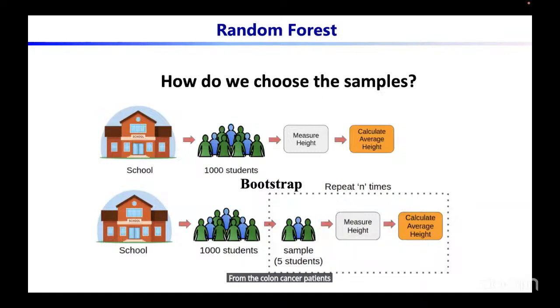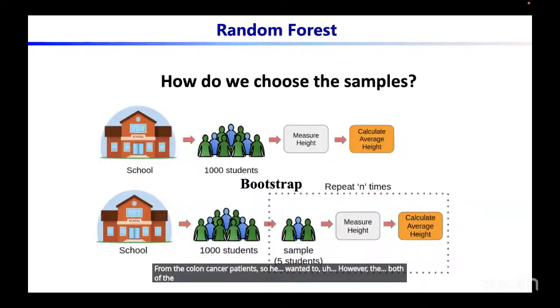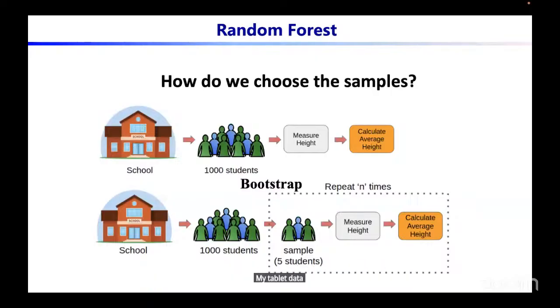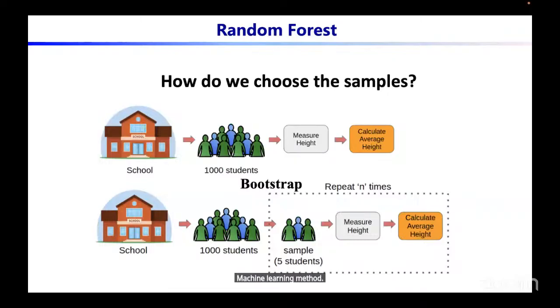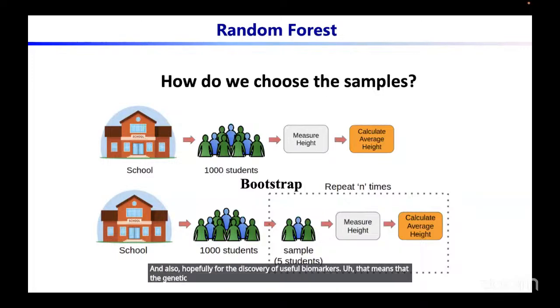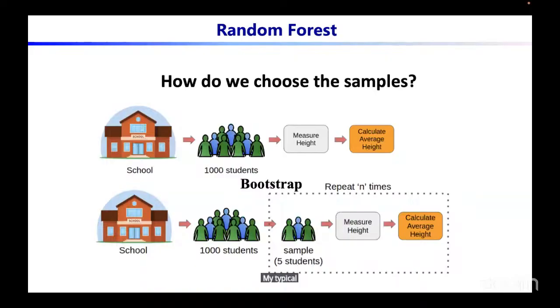So he wanted to have both the metagenomic and also the genomic data, metabolic data of the colon cancer patients, through which they can develop a machine learning method for better diagnosis of the colon cancer, and also hopefully for the discovery of useful biomarkers. That means the genetic biomarkers or metagenomic biomarkers or the metabolic biomarkers, and also hopefully to find the mechanism that